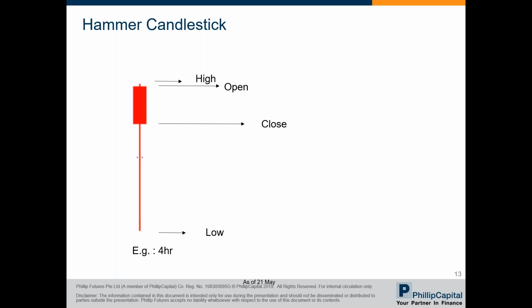For example, assuming this 4-hour candlestick started from 12 o'clock and ends at 4 o'clock. At 12 o'clock, it opened at the top over here, reaching a high as shown by the top of the wick, which is very close to the top. And then it's close to the opening price, and at the lower end is the bottom of the wick. It then finally closed at the base of the body over here. But from looking at the candlestick, you won't be able to know what the movement was like.